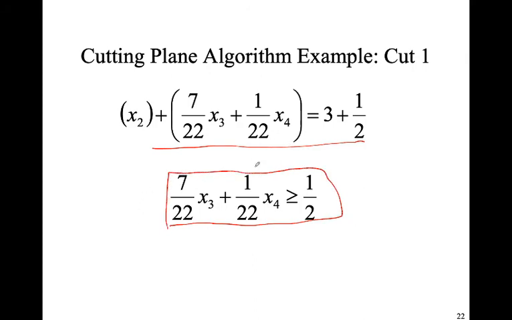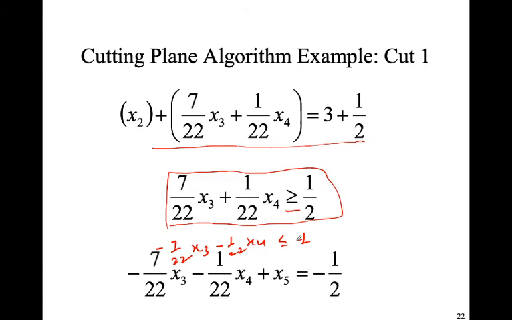So first of all, we have to add this into the final simplex table, and to add this Gomori cut plane into the final simplex table, you have to convert this greater than inequality to an equality. So first of all you have to multiply this equation by -1 to convert this greater than inequality into a less than inequality. So this will become minus 7 by 22 x3 minus 1 upon 22 x4 less than or equal to -1, and then you can take the help of a slack variable to convert this into an equality.